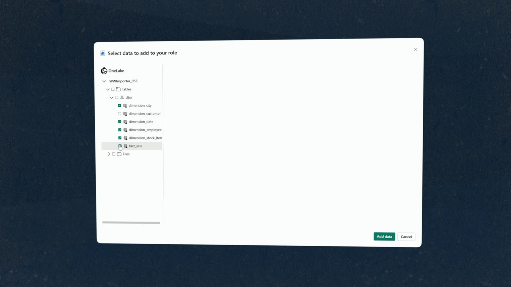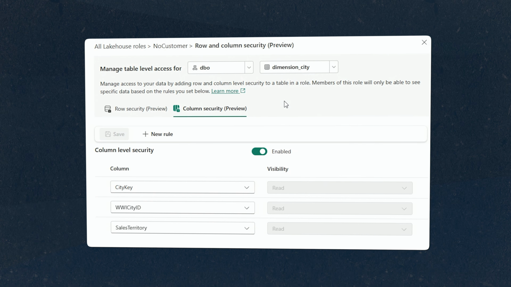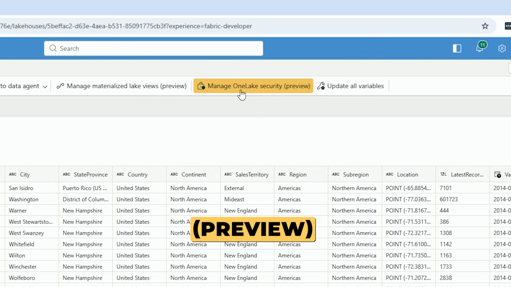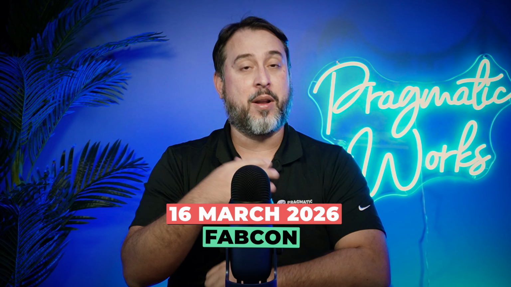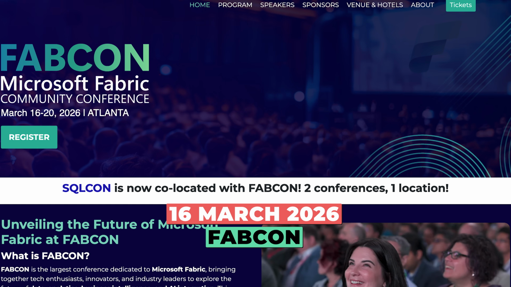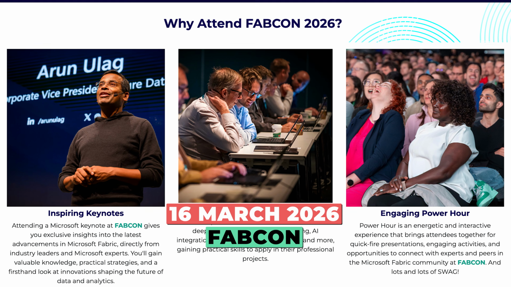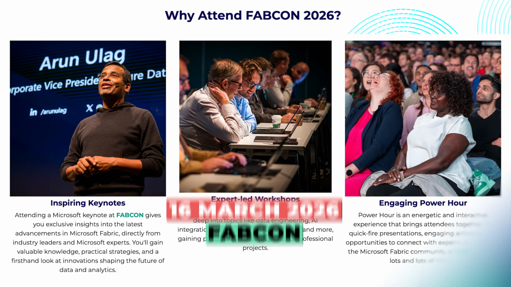But actually not just row-level security, but also column-level security and object-level security, and it's going to be something depending on when you watch this video. At the moment of recording, it's in preview. We're very close to the March 2026 FabCon event, so there could be some big announcements around this specific feature. So either you're watching it right away and it's in preview, or maybe we've had some changes and this